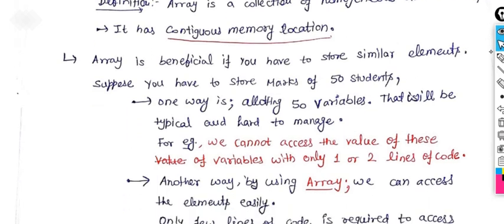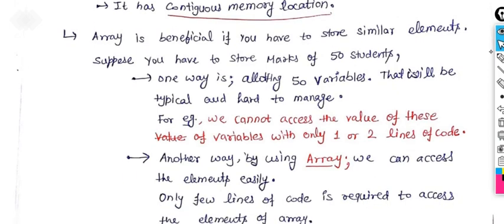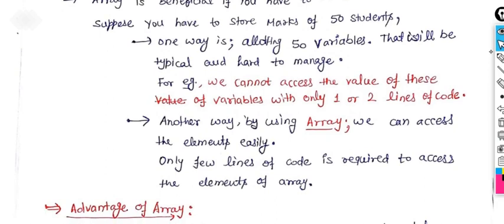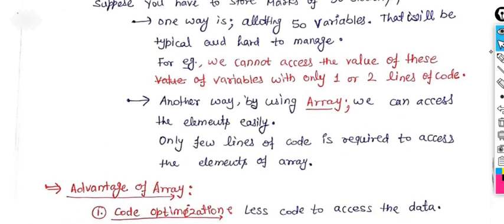50 students, rather than taking 50 different variables and storing them in different variables, it will be very complicated and hard to manage. That's why we are using array variables in order to solve this problem. So our theme is clear why we are studying arrays. Then what is the specialty of the array that we know right now, right? With this specialty we have to use this array.